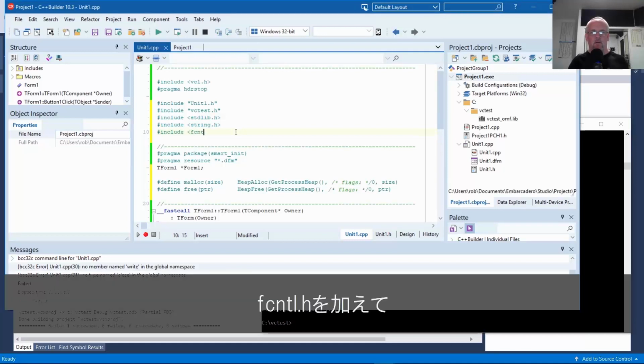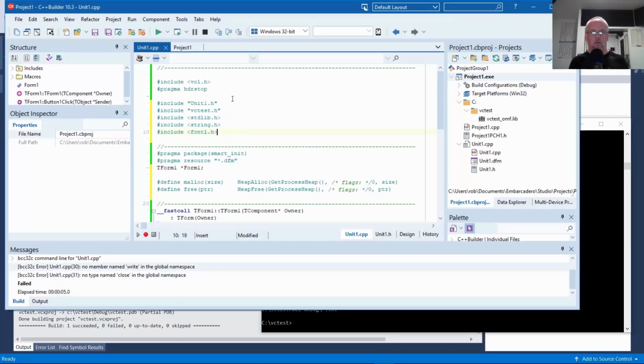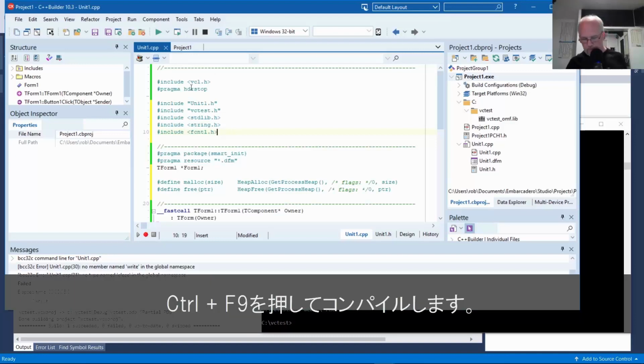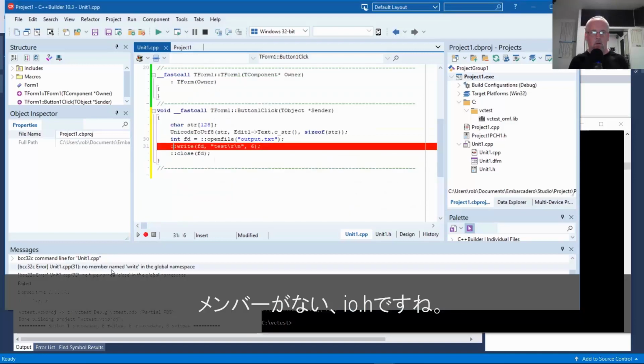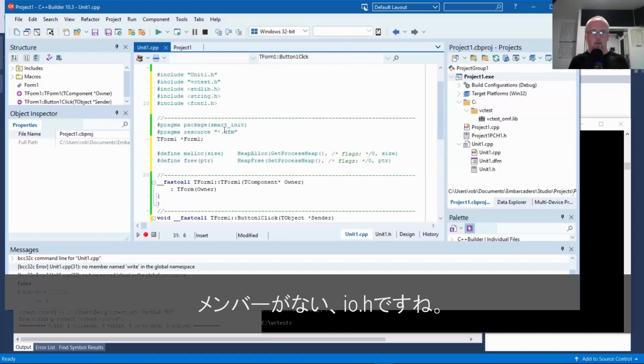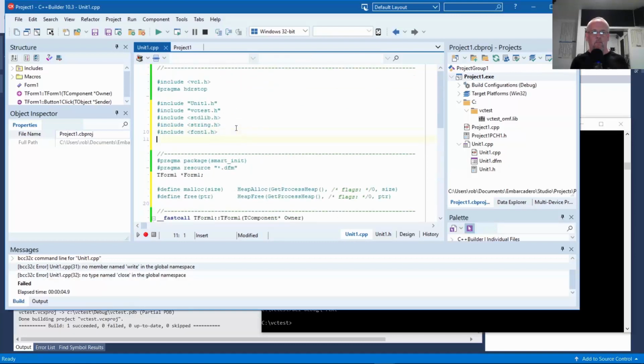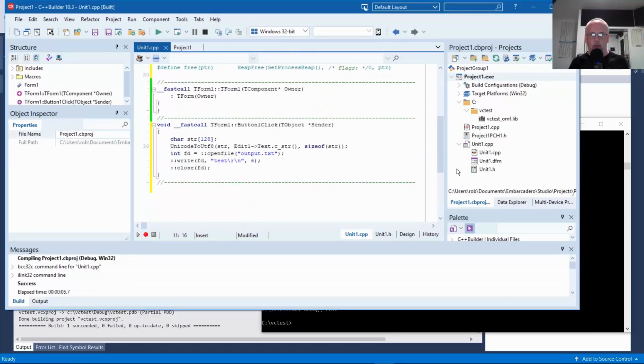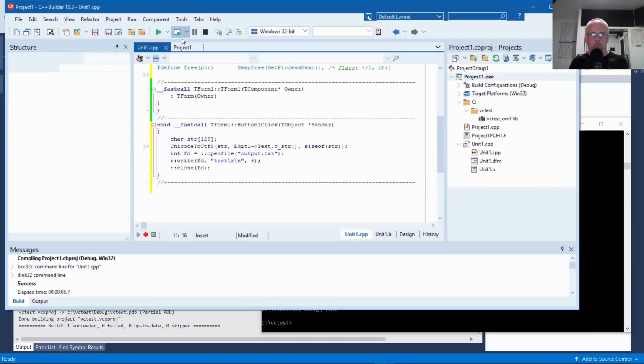Might be fcntl.h. Control F9 for compile. No member. So io.h. Woohoo! All right. So let's run it.